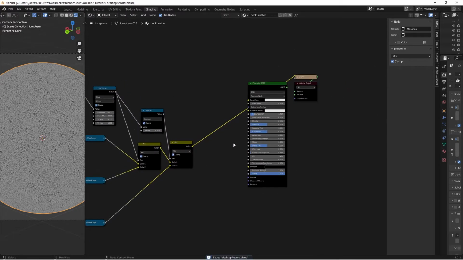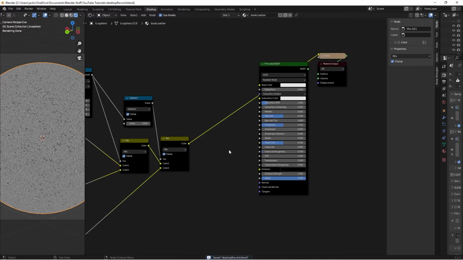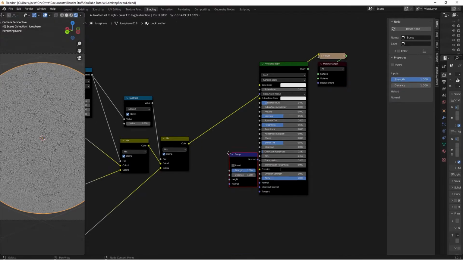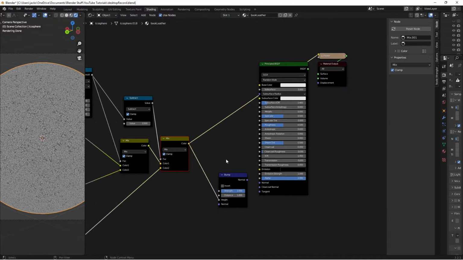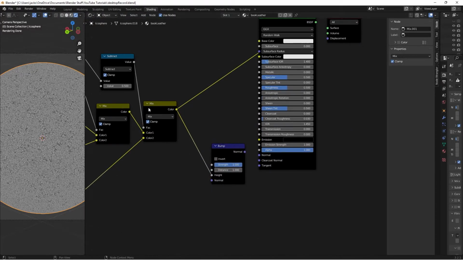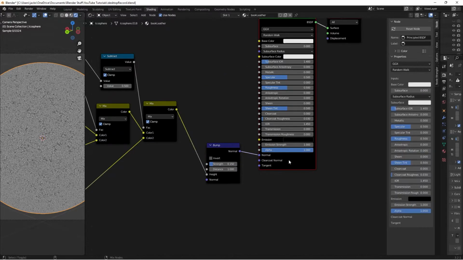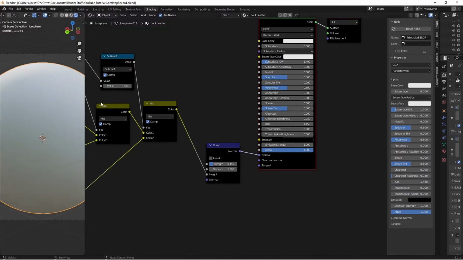And we're also going to use it for the roughness. So we're going to press Shift A here. We're going to search for a bump node here, like this. Take our color into the height, like so. And then we're going to take a strength down to a 0.15. And then if we plug our normal in right now and then preview the shader,